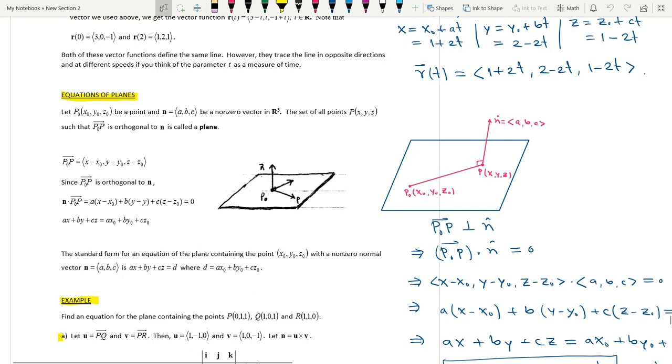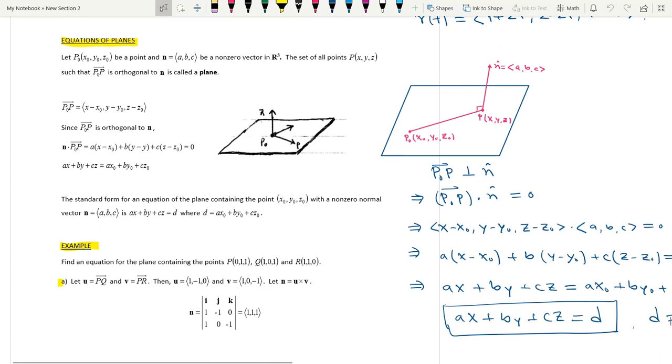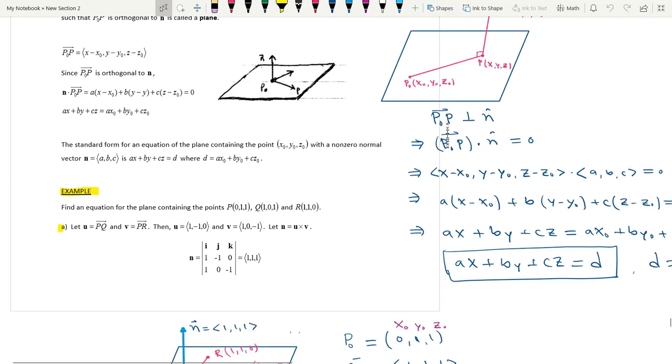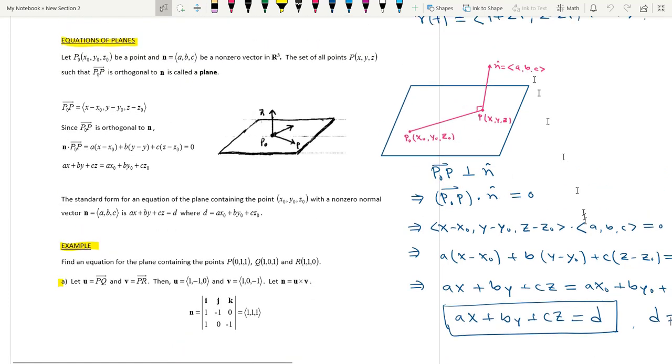Now P0P is perpendicular to n. So this n is orthogonal or perpendicular to the plane. P0P is perpendicular to n, and from the dot product we learned that if two vectors are perpendicular, then the dot product is 0. So P0P dot n is 0, where P0P is x minus x0, y minus y0, z minus z0, and n is a, b, c,